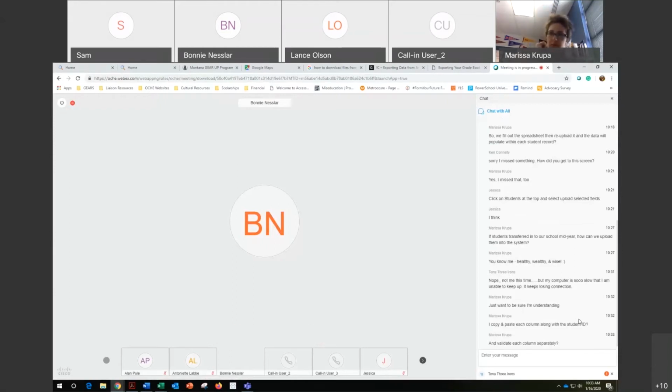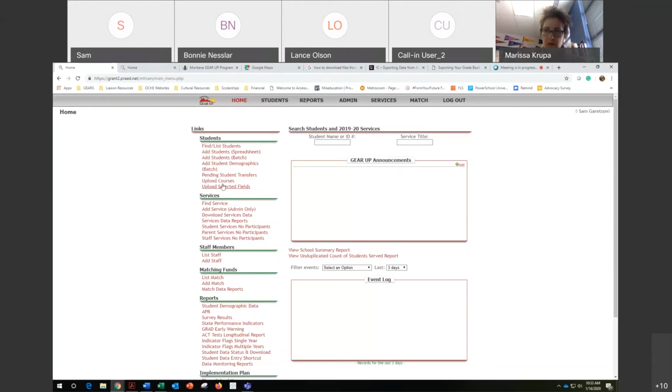So in validating each column separately is kind of the easiest way to validate student ID with that one specific outcome, be it free and reduced lunch or LEP. We may work to expand it so that you can do all of those columns at once, but currently it looks like in GEARS that you can only do your student ID column and then one identifier column with that. When we go into this course upload courses